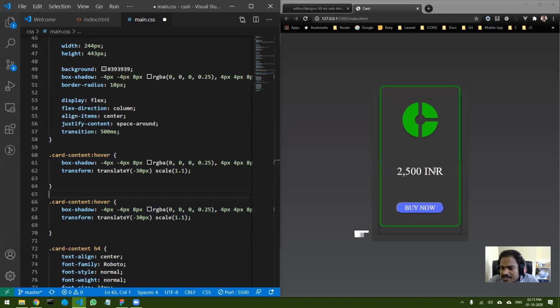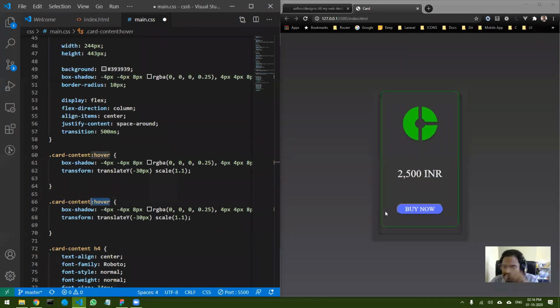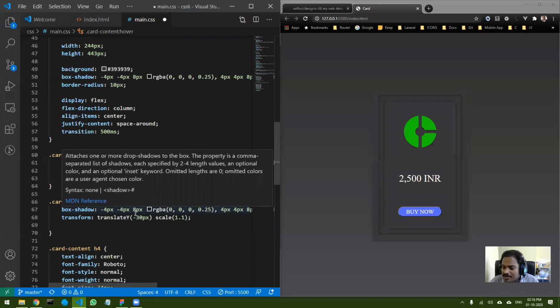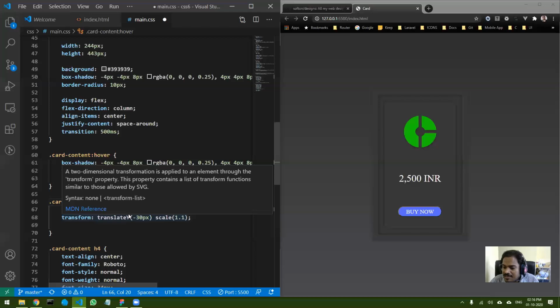And what I want to do now is, when I move over this, I want the symbol to rotate. When I move over any of this particular div, the symbol should rotate. So for that, the hover tag should be attached to the element which you want to hover, like for example this entire element. And now you have to decide which element you want to rotate. I want to rotate the image inside it.